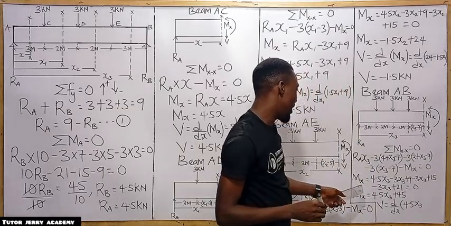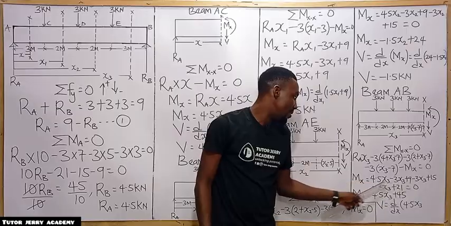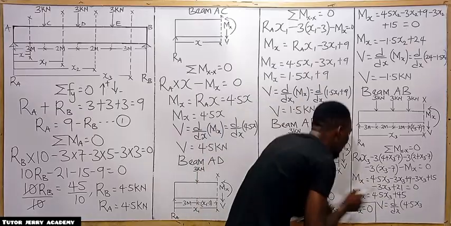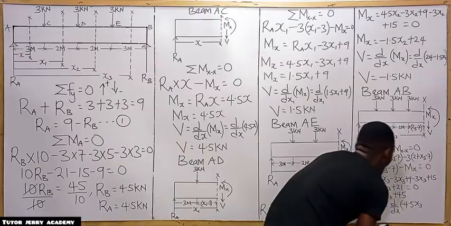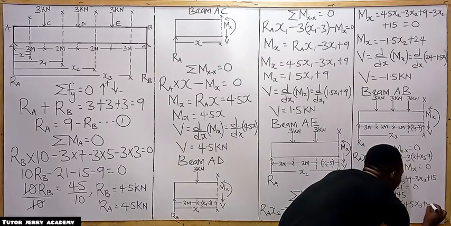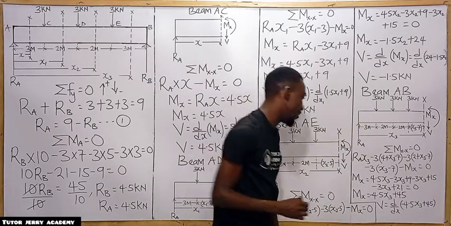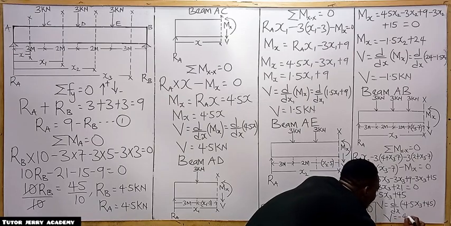Sorry, I made a mistake here. Minus 3 minus 3 minus 3, that is minus 9. 4.5 minus 9 is minus 4.5. Minus 4.5. All right. So plus 45. So if you differentiate that now, the value of our shear force here will be minus 4.5